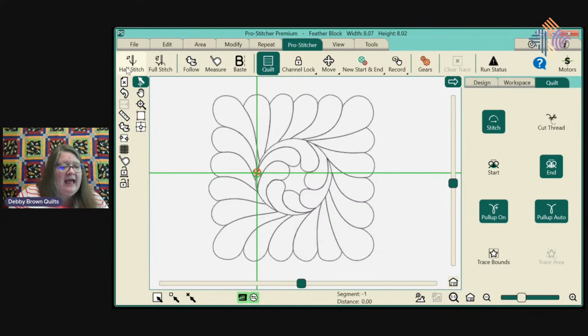It says half stitch. Now, if I press that button, the needle will move to the opposite position. So if it's up, it'll move down. If it's down, it'll move up. For most of us, as in nearly all of us, probably no one here will need to use this button. But the reason they're there is in an older model,